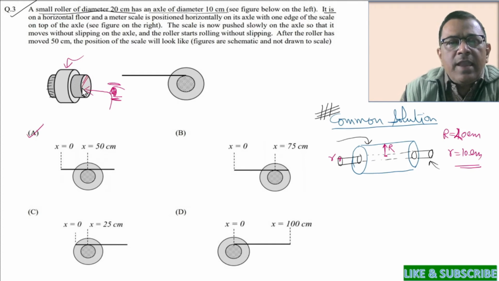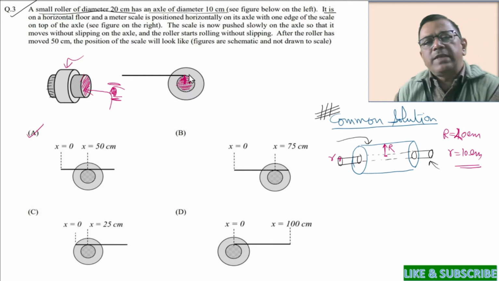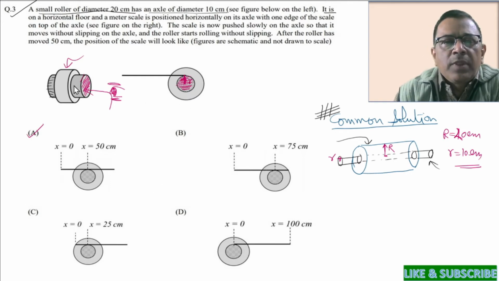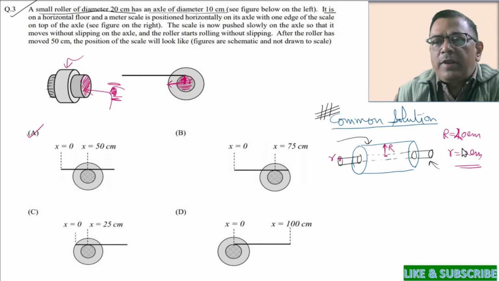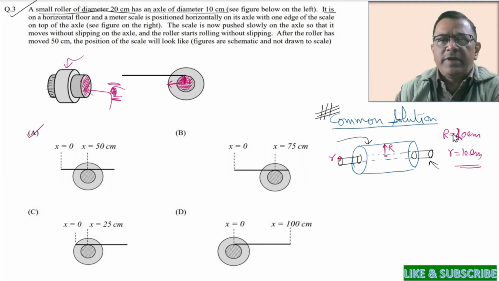The area of the axle I have shown in figure A by the shaded portion. This should look like this perfect circle. This is the area of the axle. Is that right? And the radius equals small r, equals 10 centimeter. Now next part, the roller. You already know the radius of the roller is capital R, and capital R happens to be 20 centimeters. So we understand the drawing the way it has been given.